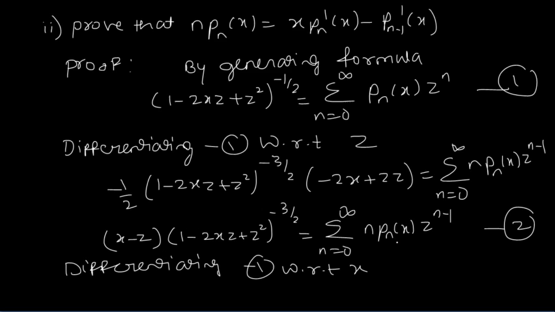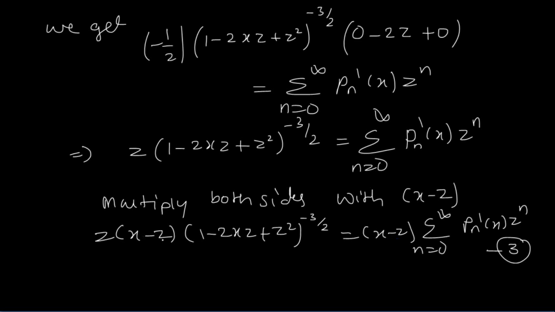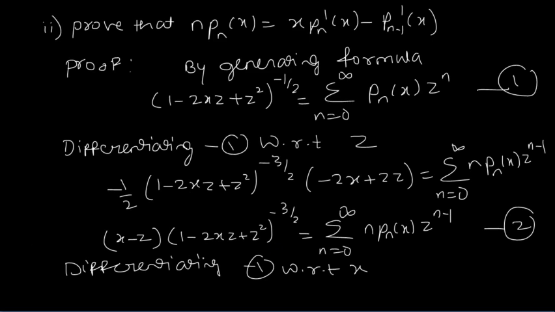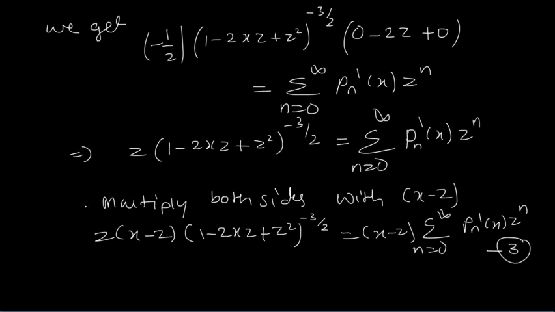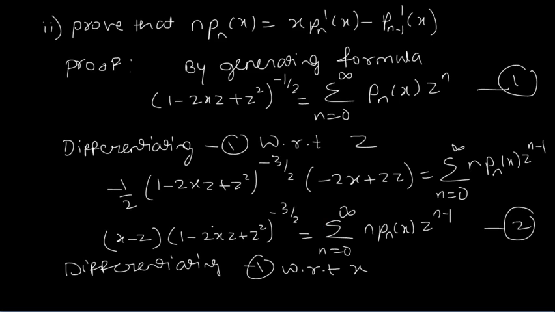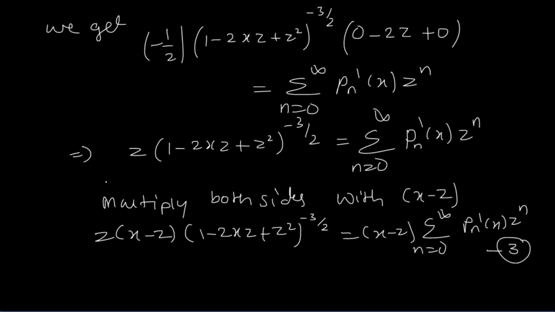Again from equation 3, we have (x minus z) into (1 minus 2xz plus z square) raised to minus 3 by 2 is equal to this much. So from 2 and 3, we substitute this value in this equation, since this term is common. So from 2 and 3 we get